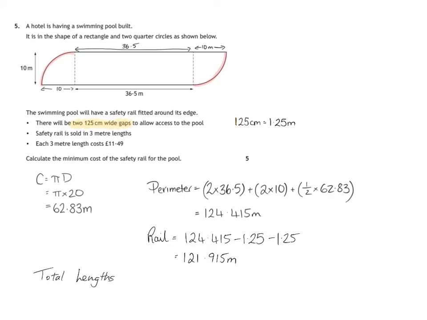So we have to divide this by 3. We can only buy it in 3 meters, so we can't have part of a length. So there, divided by 3. So when we divide by 3,